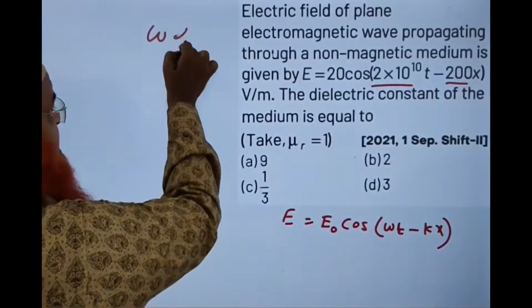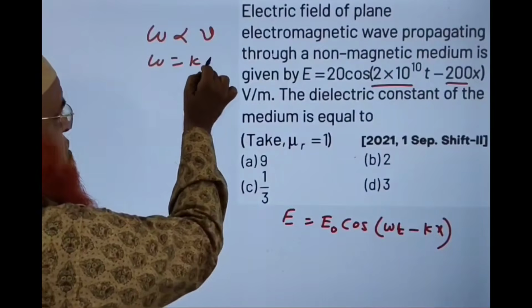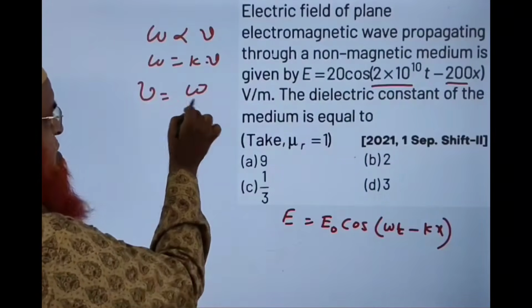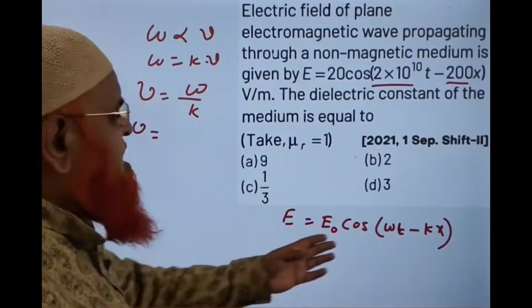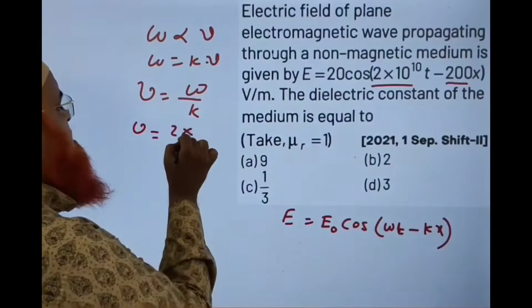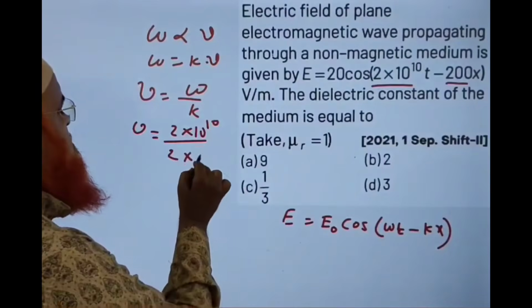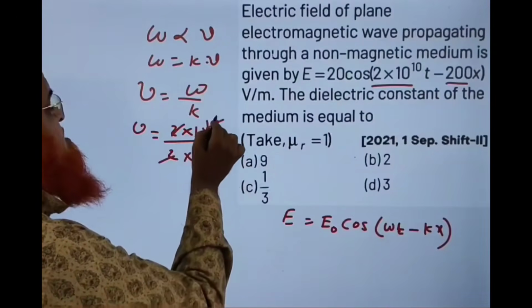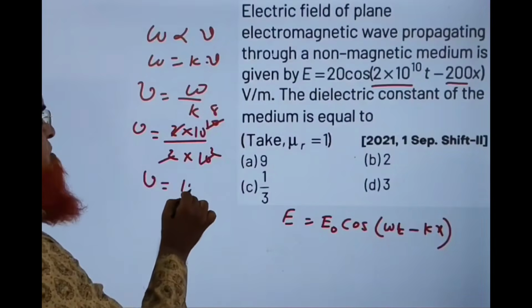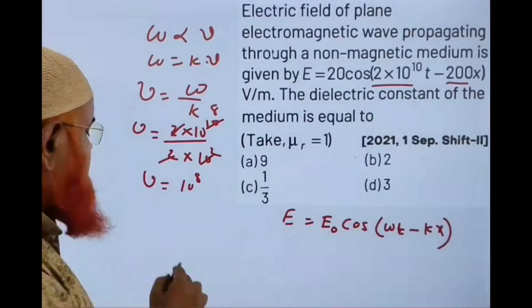तो सबसे पहले ω is directly proportional to v, ω is equal to kv। अगर हमको v होना है तो ω by k डालेंगे। सो v, ω by k, यहां पर देख लो 2 × 10^10 हो गया। ω by k का वैल्यू कितना दिया, 200, यानी कि 2 × 10^2 गेट्स कैंसल, तो 10^8 बचेगा, वेलोसिटी 10^8 बच गया।